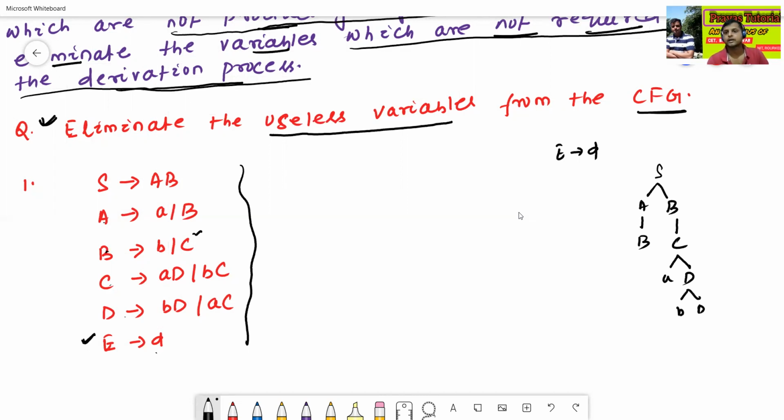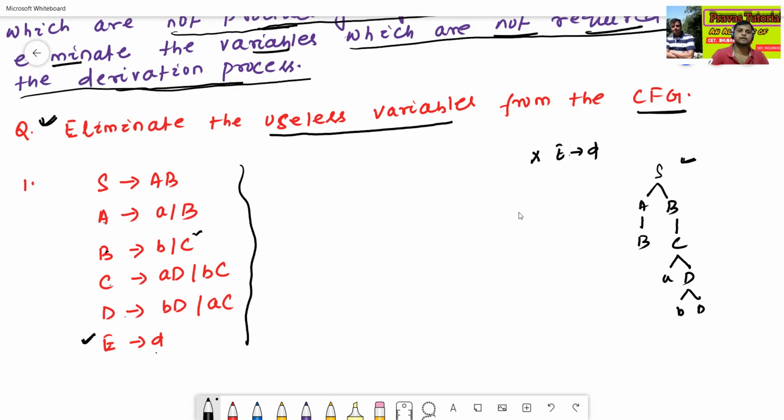But here E to D is an unnecessary variable, or useless variable, we can say. We don't use the E to D production for the derivation process. So E to D is a useless variable.